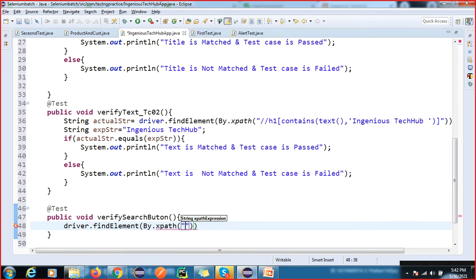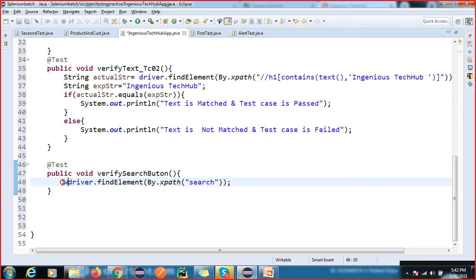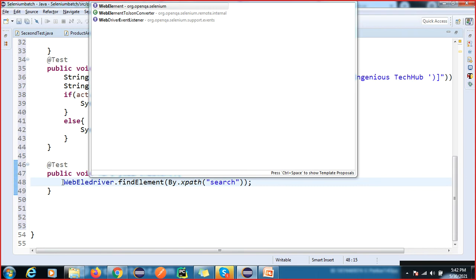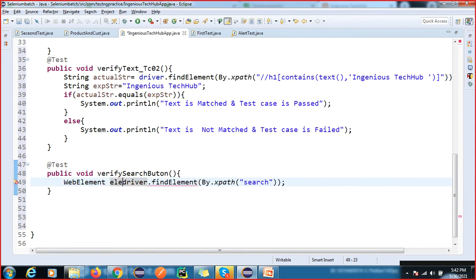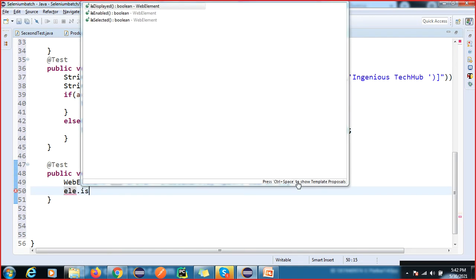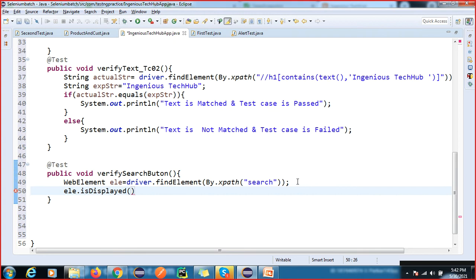Here you can write the xpath, and what is the return type? Return type is WebElement ele, and we have a method, if you remember, called isDisplayed. If this element is there, then it will return what?